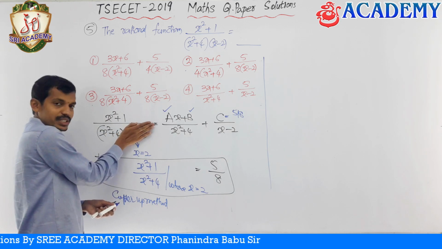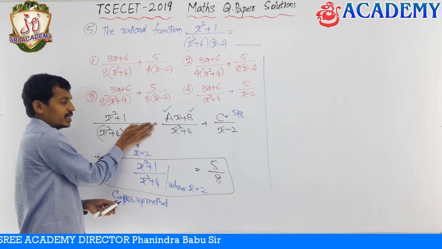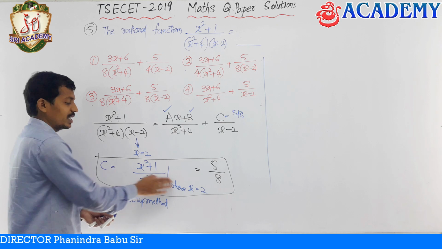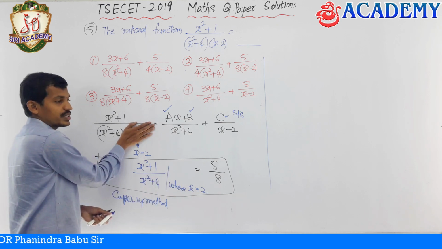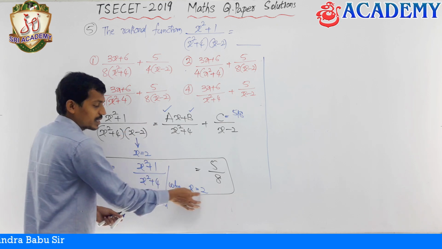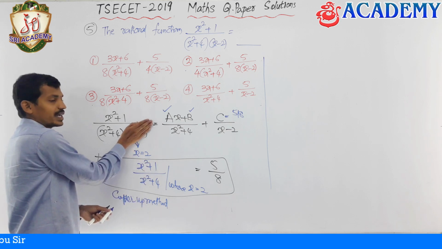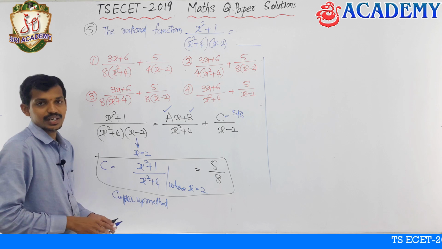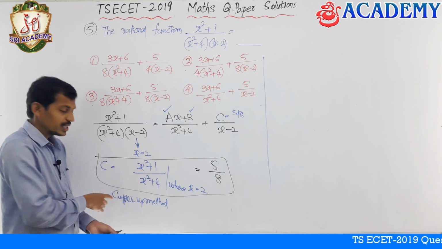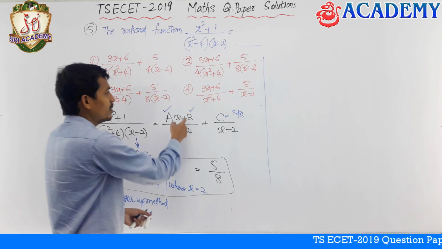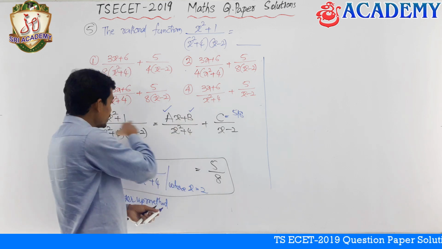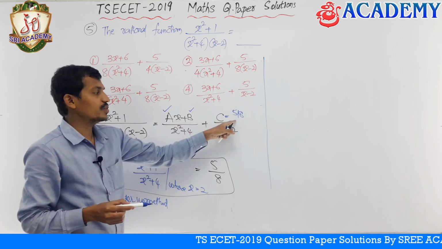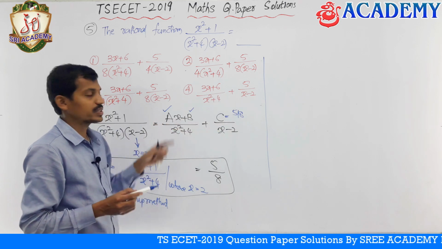Based upon this cover up method, we eliminated this factor and substituted the value where it is eliminated, that is x minus 2 equal to 0, so x equal to 2. By covering x minus 2, in whatever the remaining function is, we substituted x equal to 2. Based upon that you got the answer. This is the shortcut. And the remaining values we find in this equation. In this equation C is given. Indirectly you got C. That means only 2 unknowns remain, that is A and B.